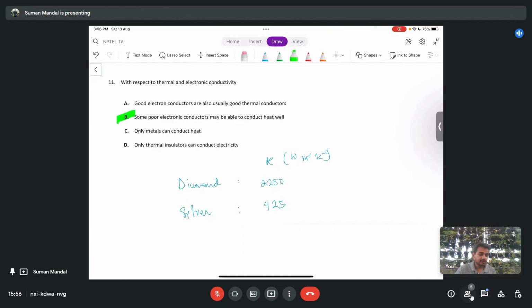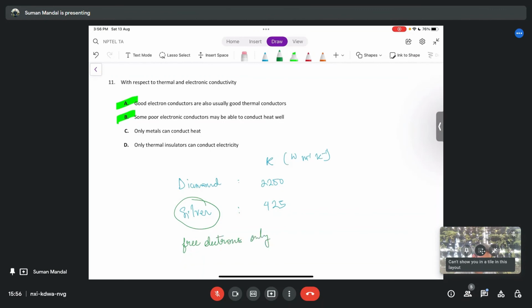And we also know from the Wiedemann-Franz law that K by sigma is a constant for metals. So for metals, good electronic conductors can also be good thermal conductors. Now, one thing to notice is that in the case of silver, the heat is transferred with the help of free electrons